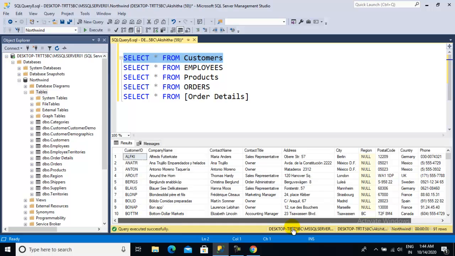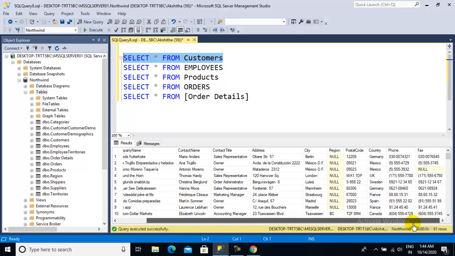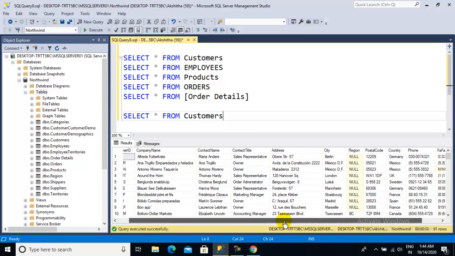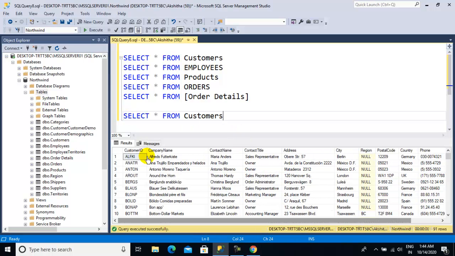For example, while writing, I need customer information, but I don't want all these fields. I only need a customer ID, a contact name, a contact title, and the country they belong to.